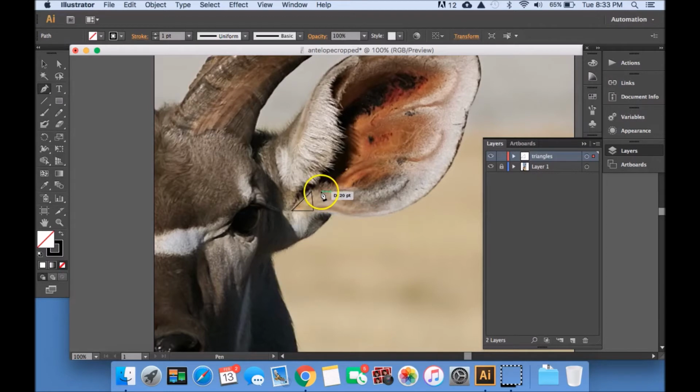So I clicked once, and now I'm going to go over here and I'm going to hold the mouse until I see the word anchor. Okay, click, next anchor, click, next one, or close my triangle. You see the little circle next to my pen tool, that means the shape is going to close, click. Okay, and I'm just going to keep adding triangles. 1, 2, 3, 4,